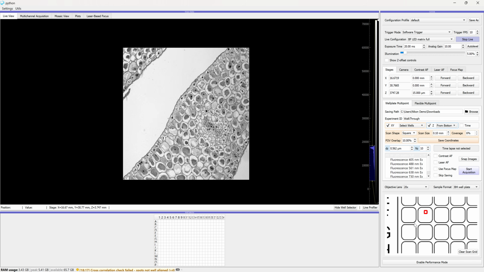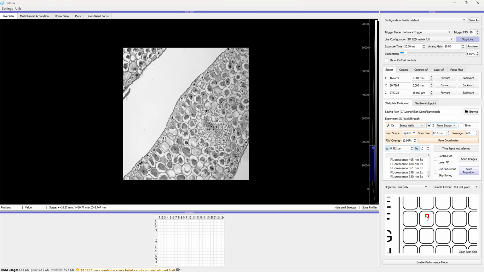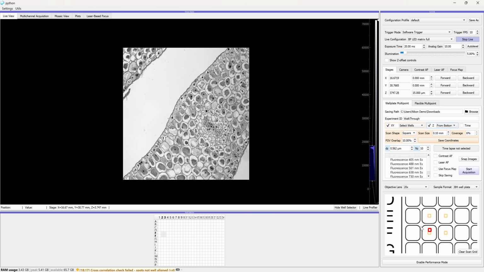So in this case we can see here I am in row F and I want to select wells F2 through G4. So to select those wells I go to the well selector, hold down left click here, and select those 4 wells. So now we have, without further modification, we're going to take a single field of view in